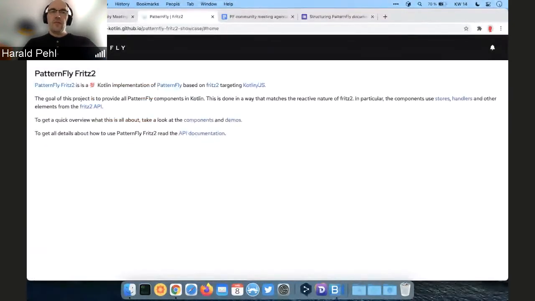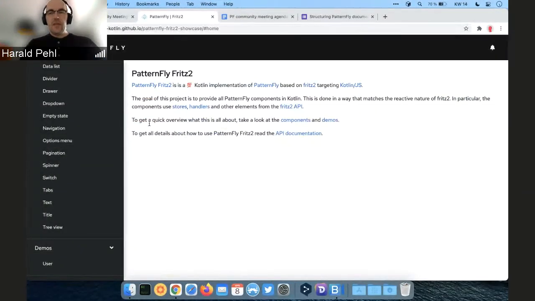So I would be happy to get some feedback, and would even be happier to have some contributions, or people who are interested, just leave me a note, ping me. There's lots of components which still need to be implemented, so I'm looking forward to getting some feedback and hopefully to getting some contributions at the end. So thanks.